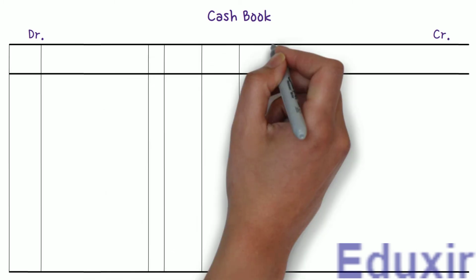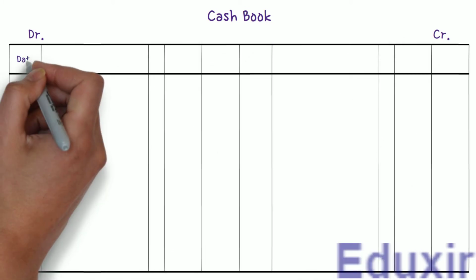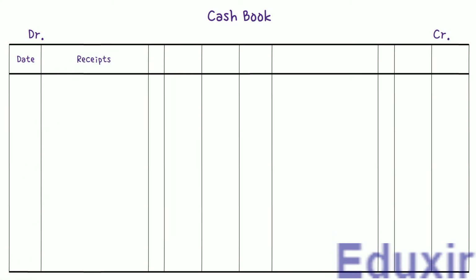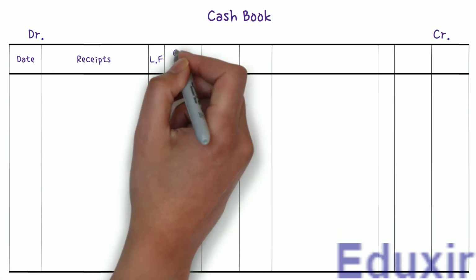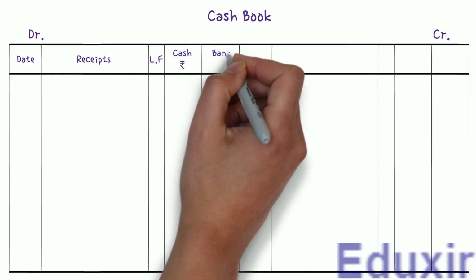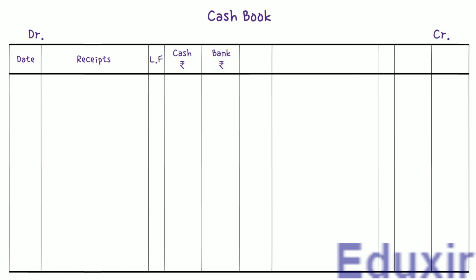Let us then write the headers DR and CR to designate the debit and credit sides respectively. Let us have the individual columns for date, receipts, ledger folio, amount in the form of cash in rupees, and amount in the form of bank in rupees on the debit side. On the credit side, we will have date,